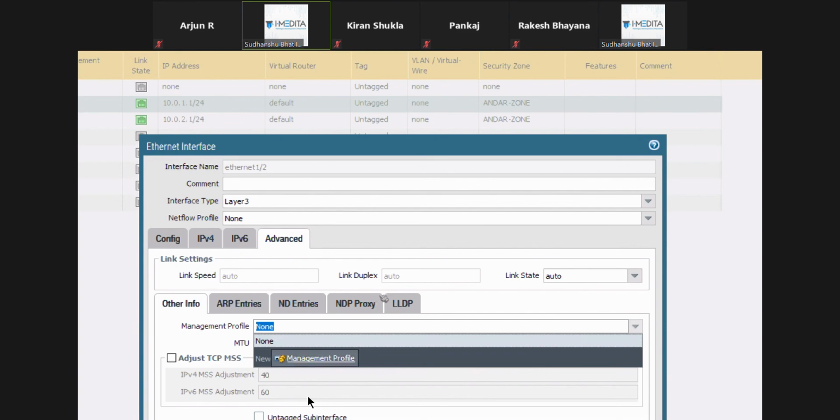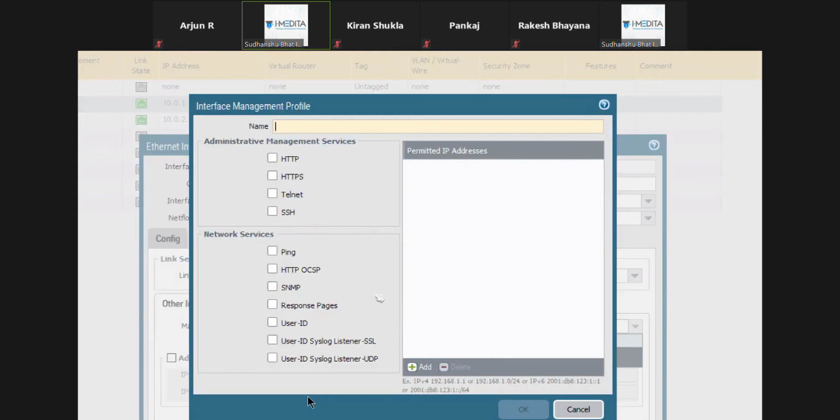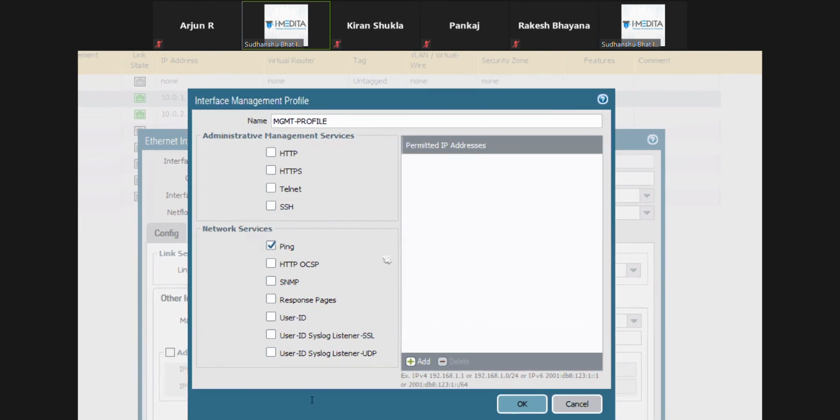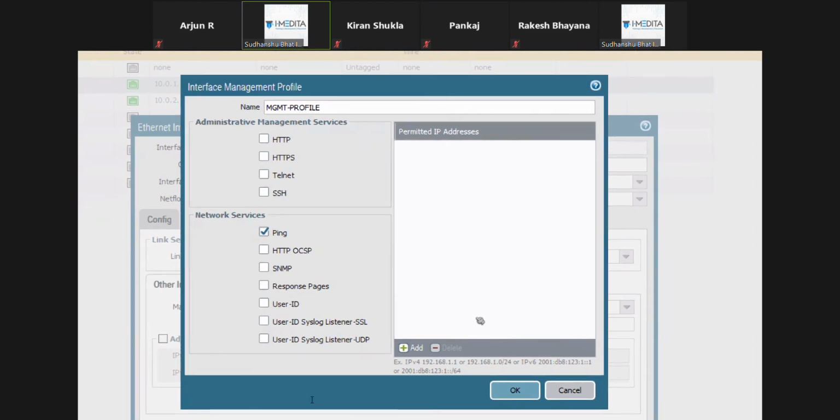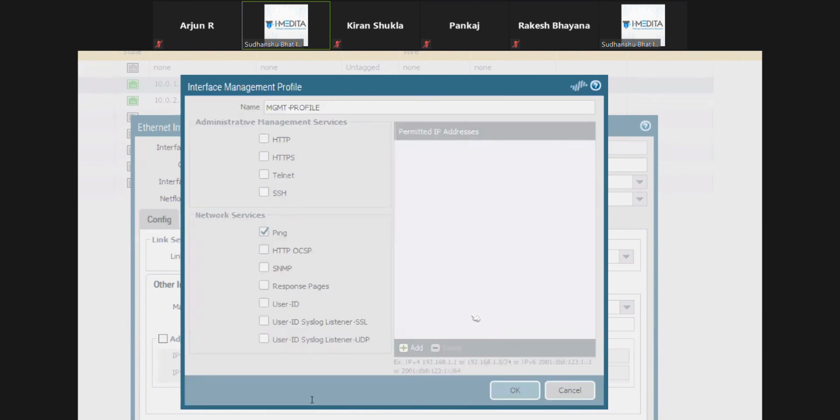But if I create a new management profile, let's give it something new, I can tell the firewall what services to respond to, like check this ping. So the firewall after this is going to respond to ping. You can also have a permitted IP address only for those you want to ping back, or ICMP replies to be sent back to these.